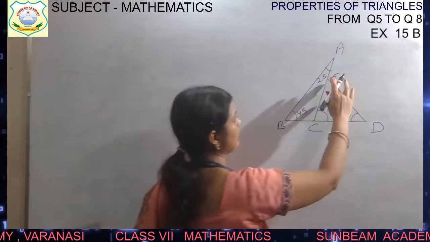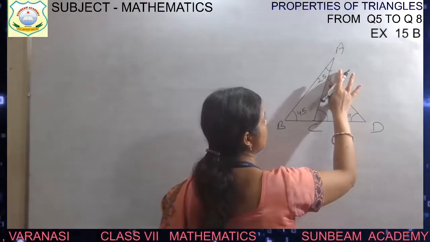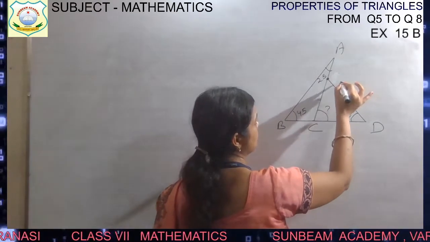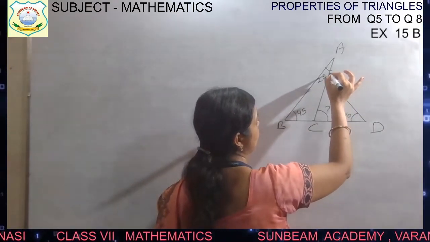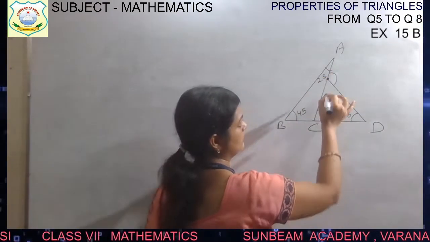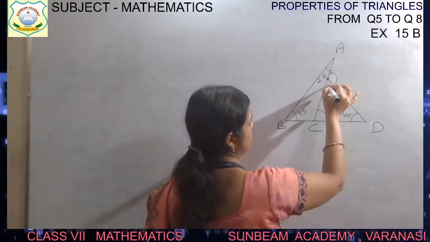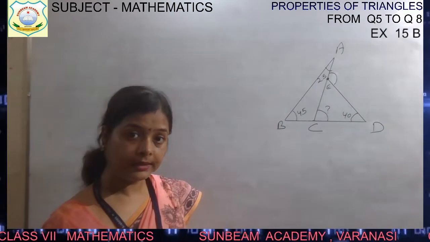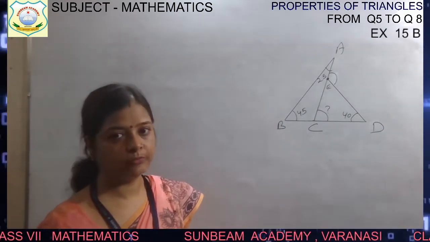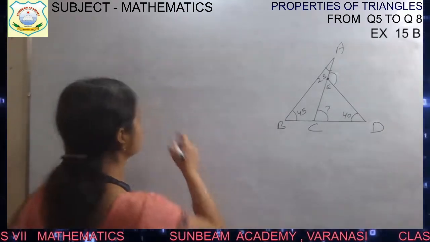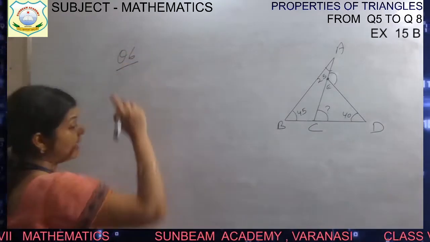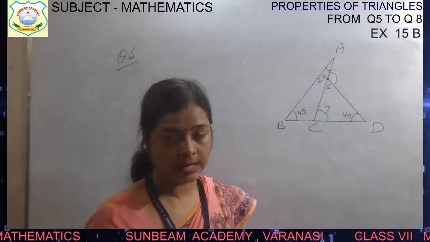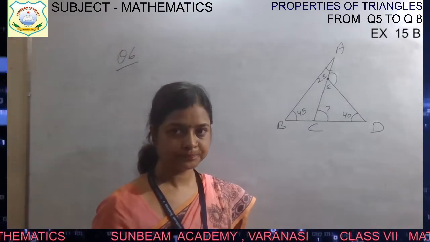So angle AED is which one, children? If this is E, so this one is E now. This one is E, children. So we have to find this angle. Okay. This is angle E, angle AED. So two angles we have to find. How will you find? This is question number 6, which you have to solve in your homework notebook on your own. I am just explaining it.